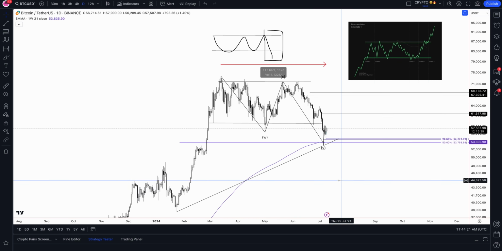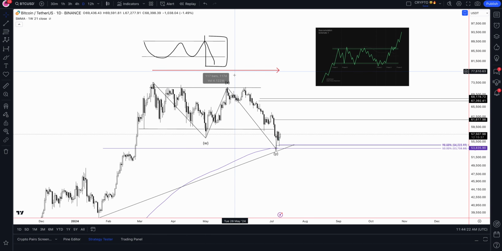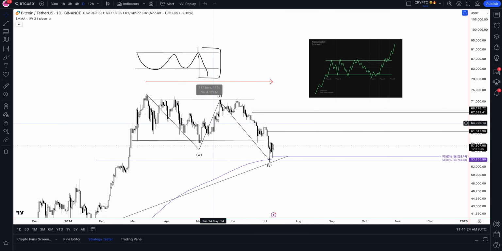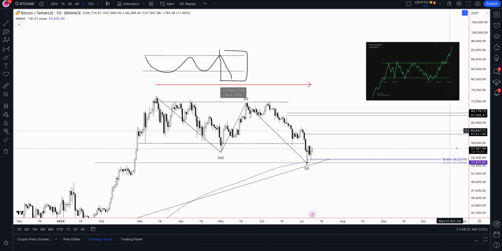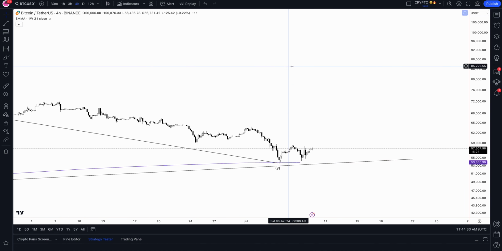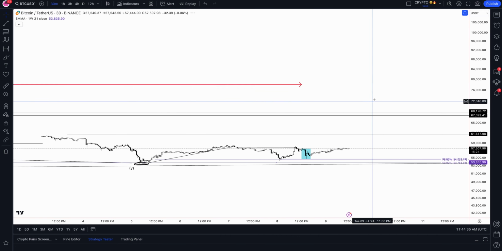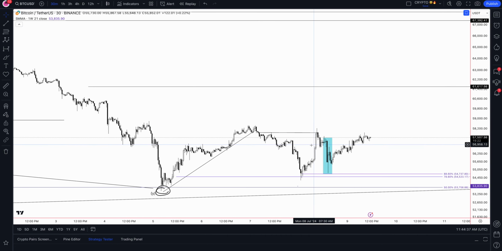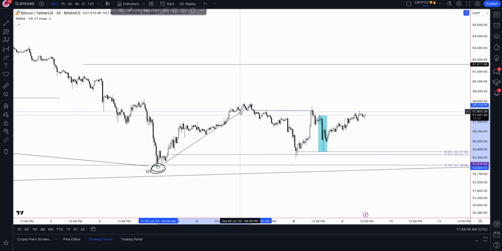We have hidden bullish divergence on the daily time frame. We have a WXY correction with the Y wave coming down to the 50% fib and the 21-week SMA. We have Wyckoff reaccumulation, and then on the small time frame, we have what's called bullish order flow. Okay, remember your wall of worry, throwback for your aversion, and then you have your continuation for your